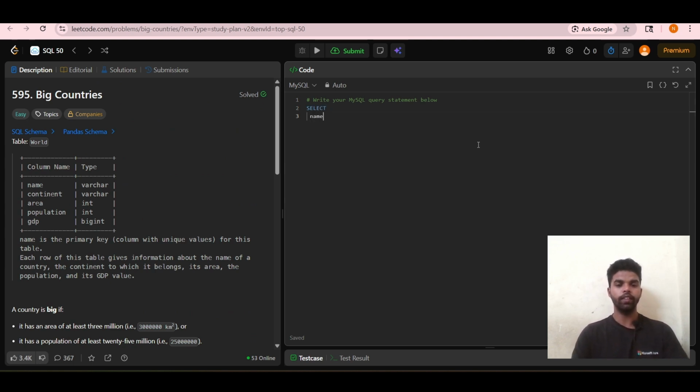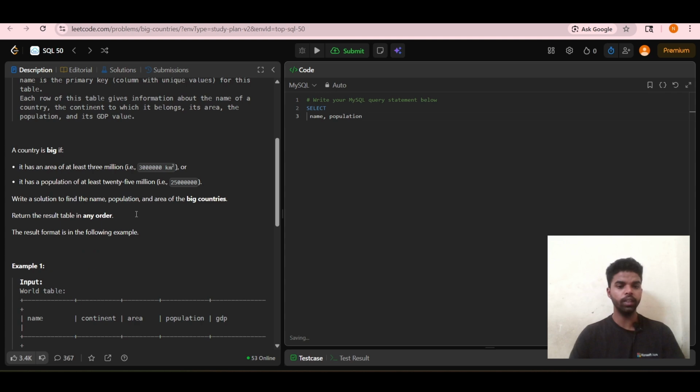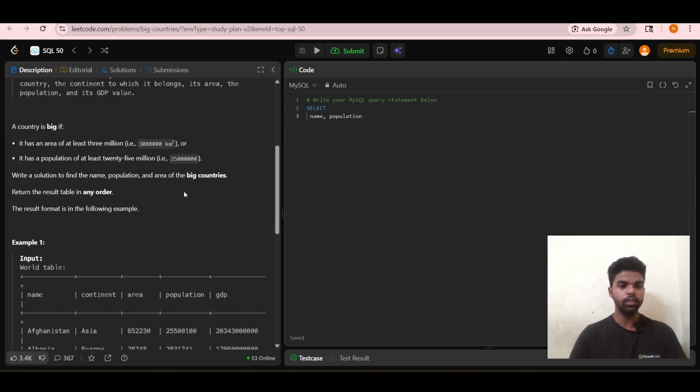Select. We have to print name, population, and what else do we have to print here? Yes, area. Okay, area. From our table name. What is our table name? Table name is World. Where is our condition? What is our condition? Condition is where